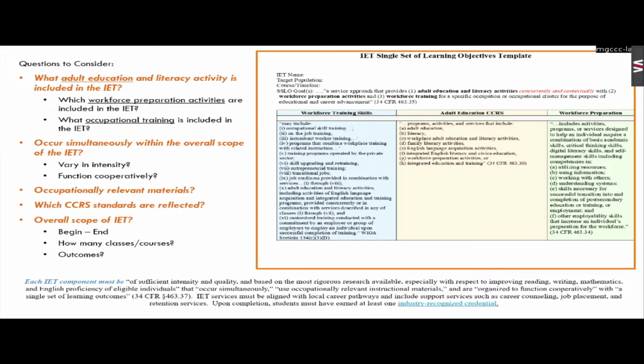Okay, and I want you to build out, let's try to do maybe the first three, let's just start building it, but remember what I said a few minutes ago, when you're building your IET, think about what? Your outcomes. So at the top of your template, you have an example that says, students will be able to what? Students will demonstrate what? Remember the action verbs that we taught you.